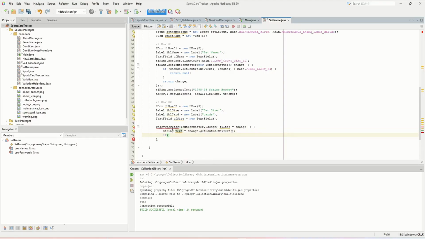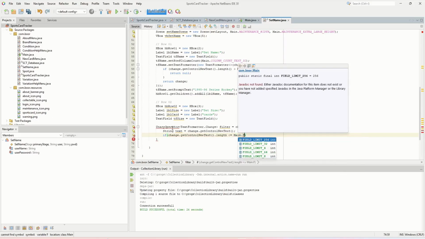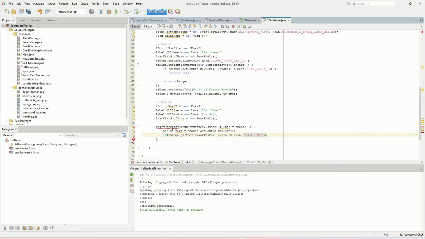So if change.getControlNewText.length is less than or equal to Main.FIELD_LIMIT_4,